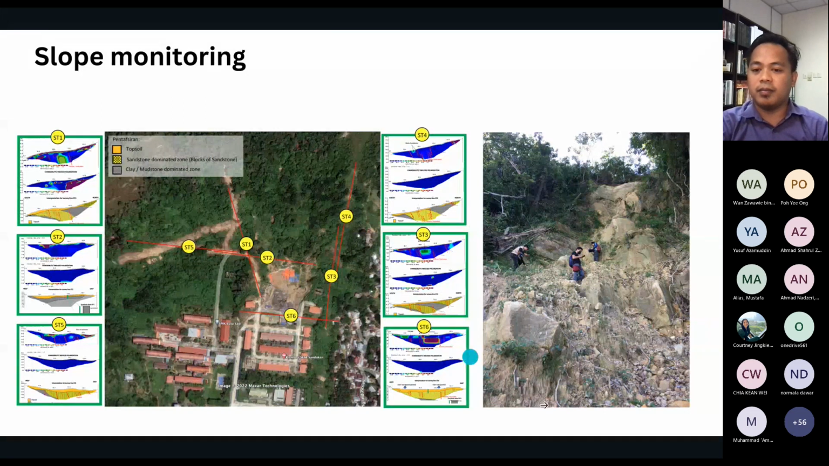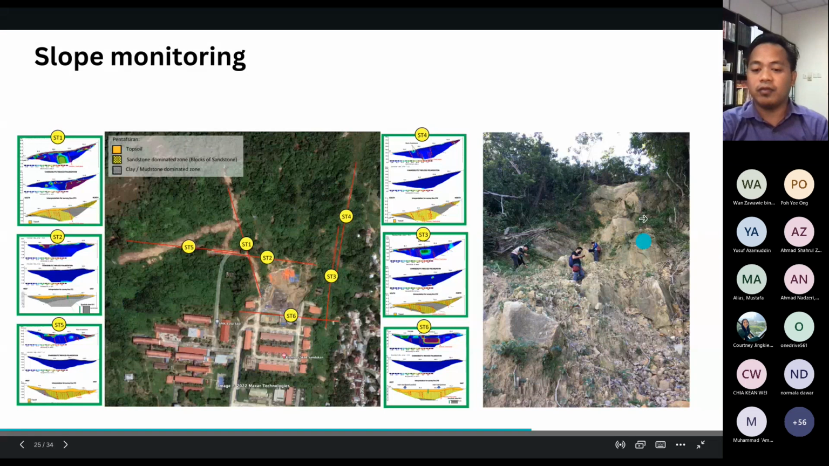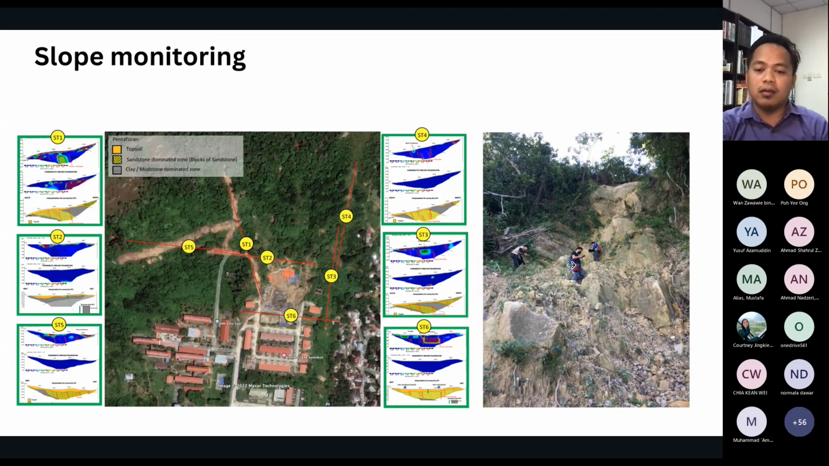So this is basically the Sandakan formation, for those who didn't know about the Sabah geology. There is potential of toppling within this area, as we observe within that condition. What I'm going to say is that our geophysical method is able to monitor